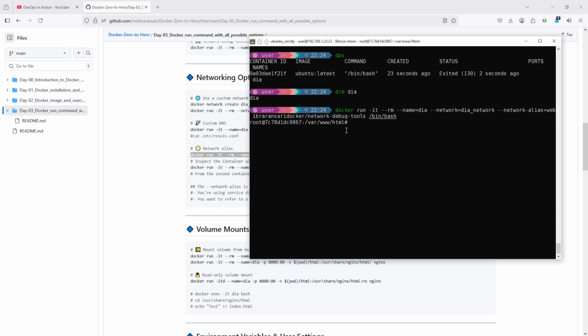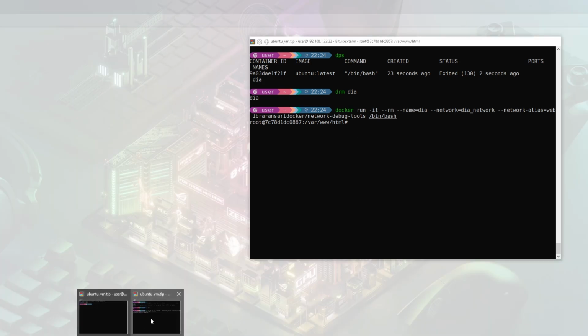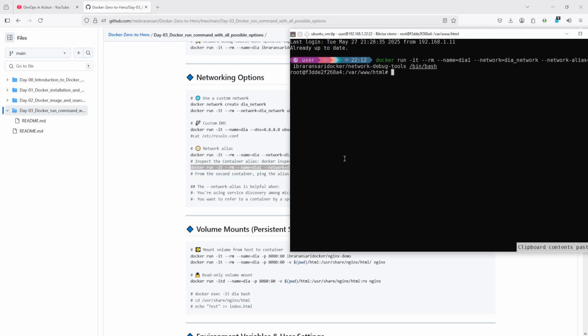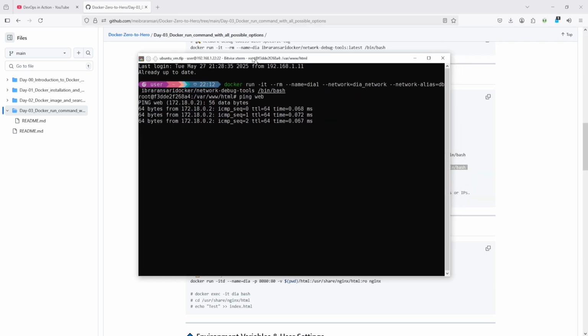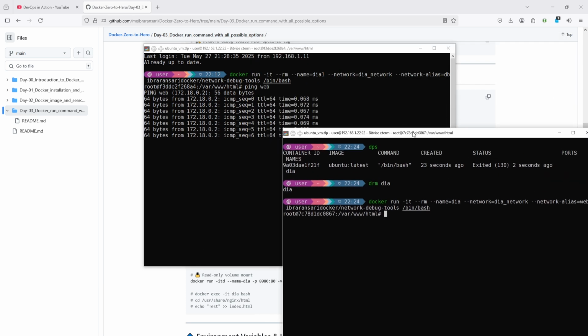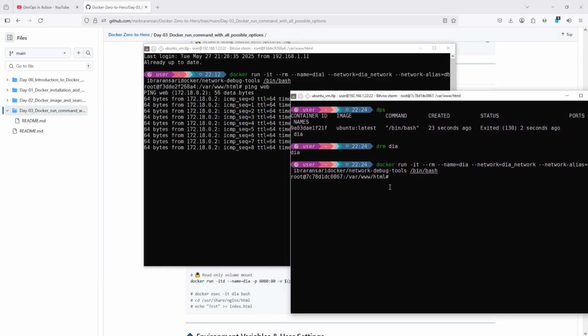Okay, and I connected the web server. Let's run the DB server as well. Okay, I'm assuming this is the DB server. From the DB server, you can ping web, and from the web server you can ping the DB,